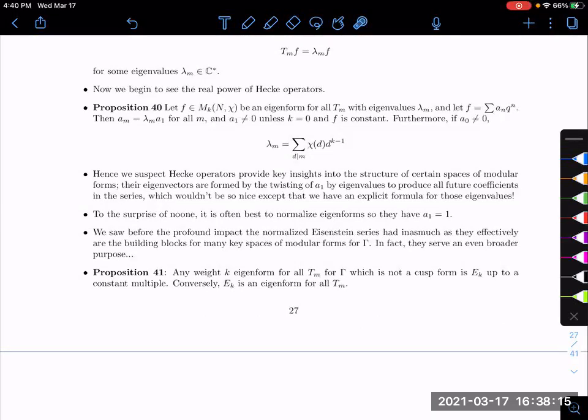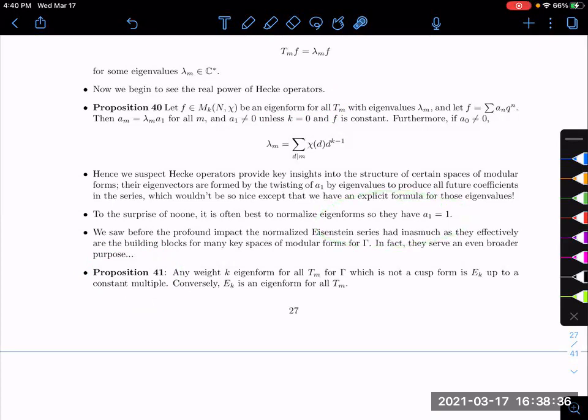So, okay, we still don't actually know eigenforms exist for all T_m though, right? I mean, we don't even know eigenforms exist for a single T_m necessarily, but we'll talk about that soon. In fact, we'll talk about it down here. The first thing I want you to be aware of before we do that, though, is you're often going to see that